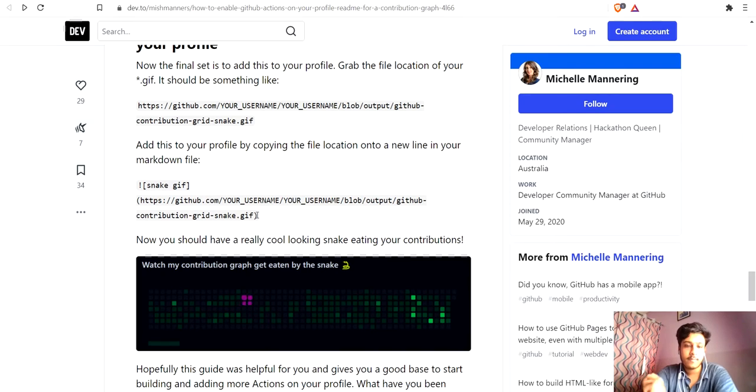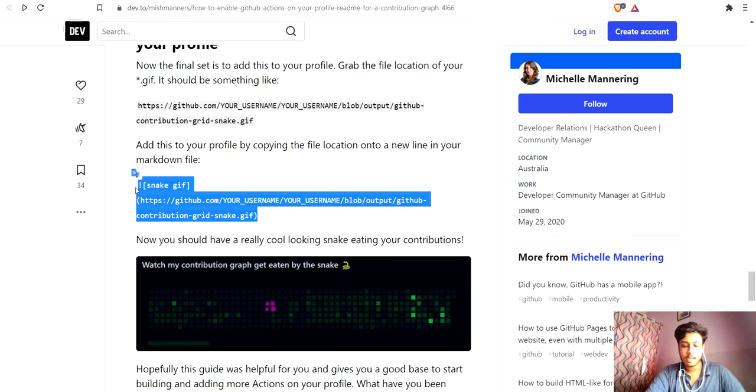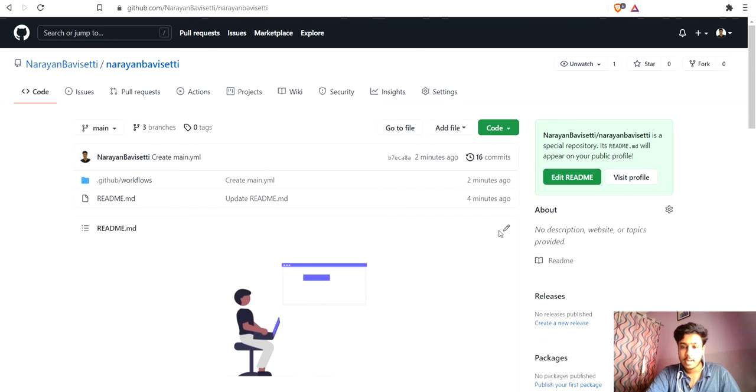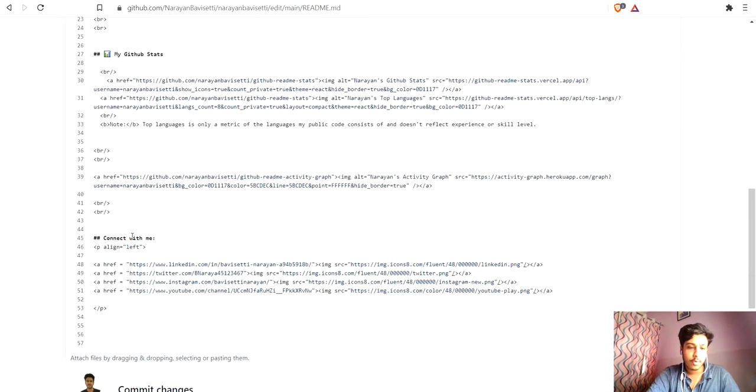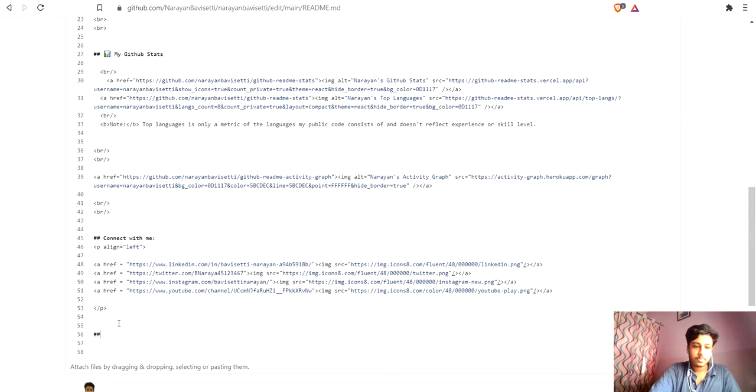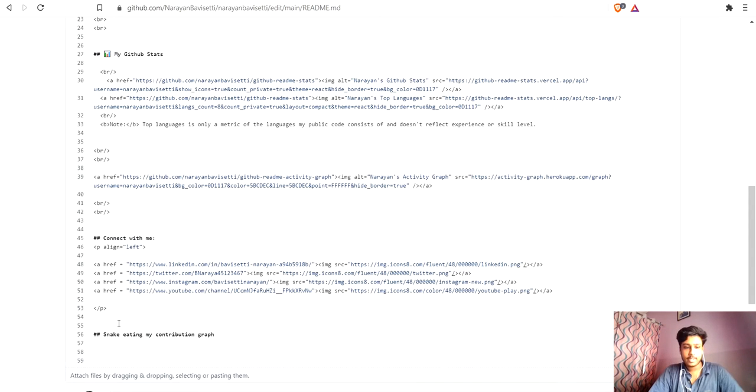This line, the snake gif. Copy this and edit your readme.md file and go to the last or where you want to add it. Let's suppose I have to add it here. Snake eating my contribution graph, and then paste that code